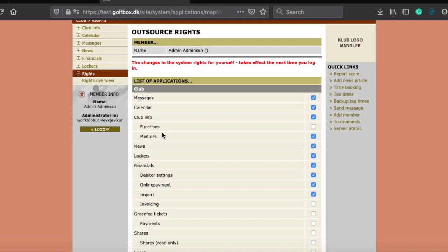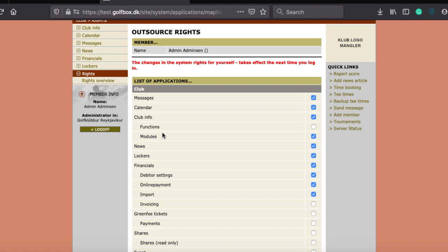There's already an admin, we call him, that has rights for everything. He's the main admin. He's the one that you will get access to, both now on the test system, but also when we go live on February 3rd. You will have a user with just rights, with one user with rights to everything that you will start with